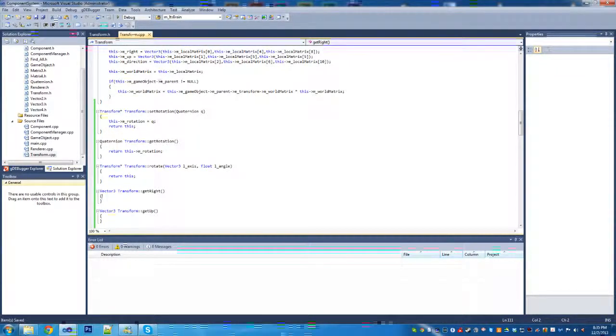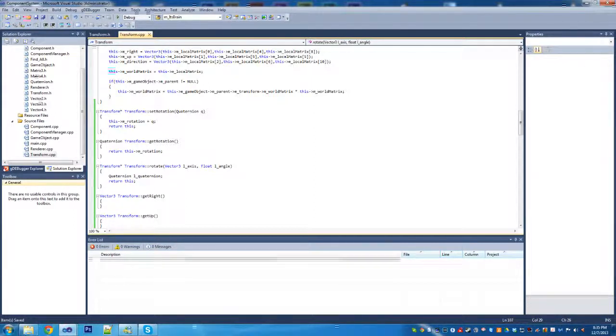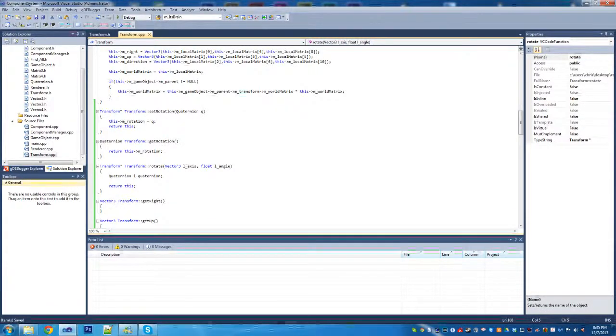So now we're going to do this rotate here, and this is probably one of the longest functions that we're going to be writing. It's not that long, it's 4 lines, but there's a lot going on in these 4 lines. So what we do is we create a new quaternion, and then we're going to pass in, now I was actually looking at the previous code I wrote, when I pass in an axis,